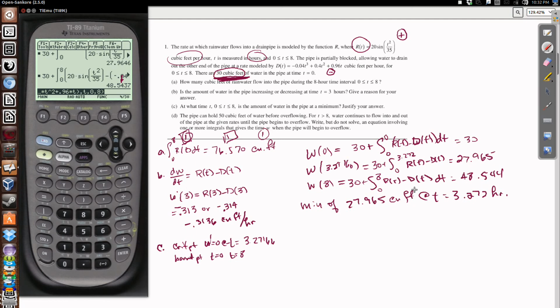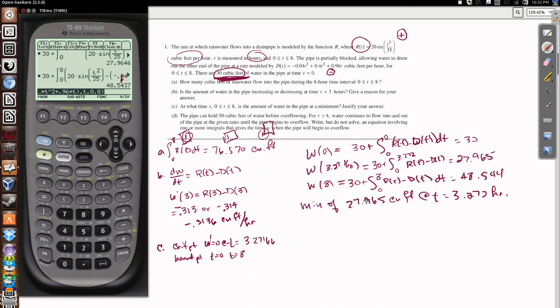So I'm showing my work here to kind of explain what's going on. And then part D says the pipe can hold 50 cubic feet of water before overflowing. For t greater than 8, water continues to flow into and out of the pipe at the rates given until the pipe begins to overflow. Write but do not solve an equation involving one or more integrals that gives the time W when the pipe